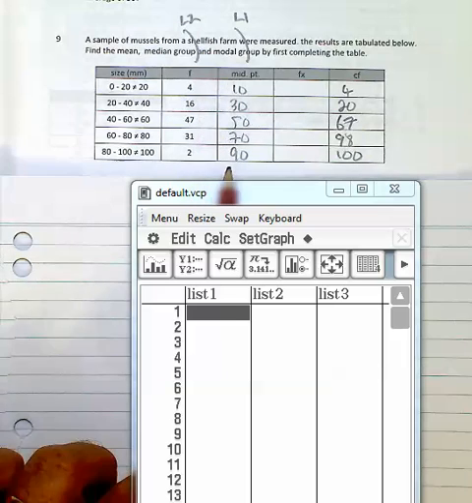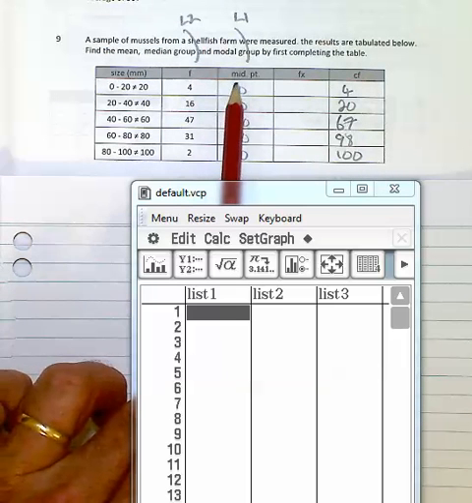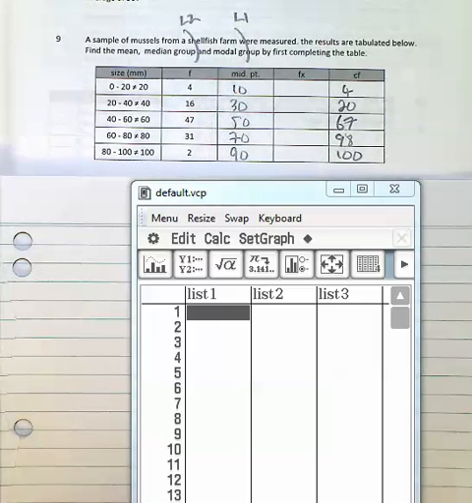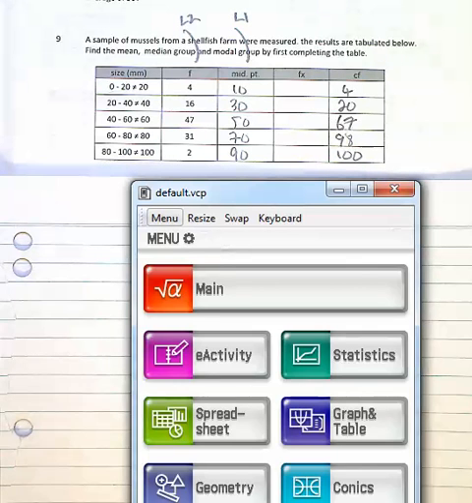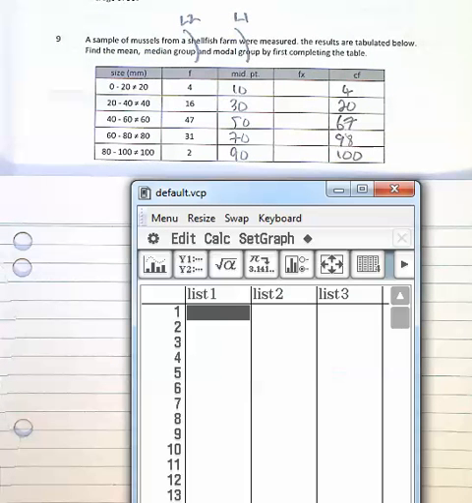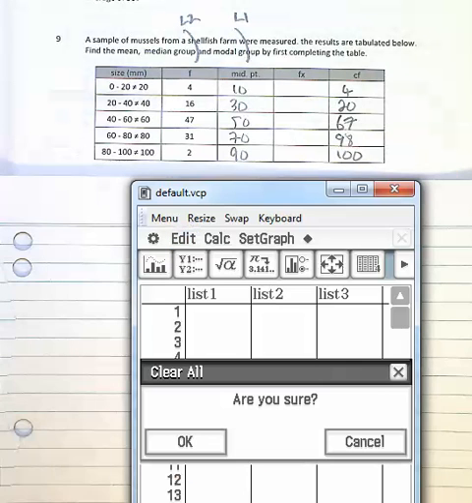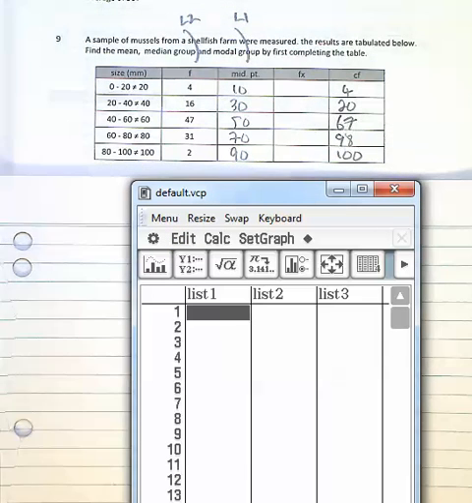So I've completed that. I'm going to enter the midpoint, it was really a data point, in my first list in my calculator, and then the frequency in the second. Now, one thing I haven't shown is that I've got this via menu, statistics, and if there was something there, I'd go edit, clear all, really sure, yes, and so on. So I'm just going to quickly enter the data,